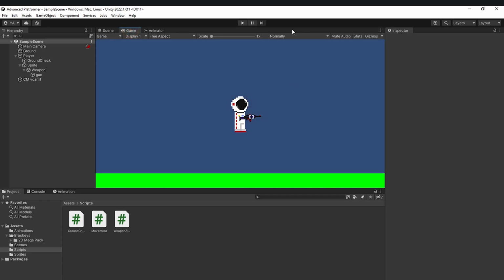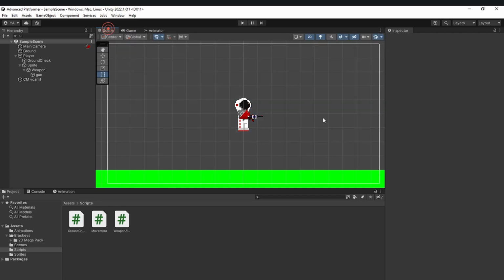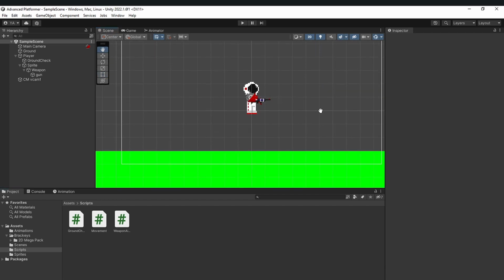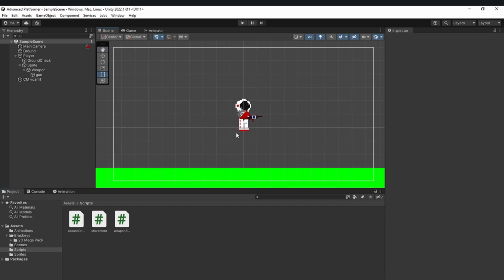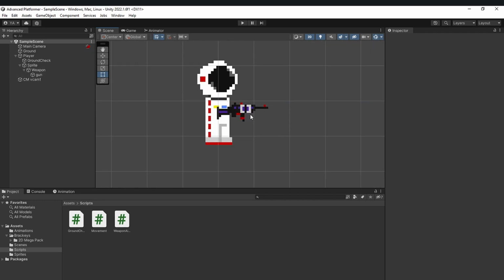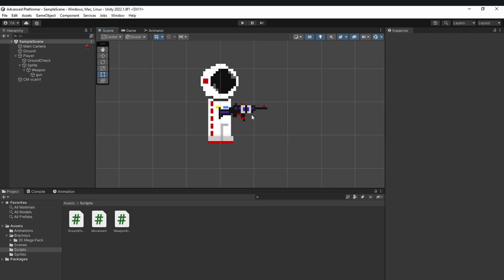And I was originally planning on making a system to make our weapon, the gun, shoot, but I realized that there is really nothing in the scene to shoot at. So first let's go ahead and develop some interactivity, and shooting is something pretty basic. We can implement it later. For now you can see that we have got our gun here, and it seems to be quite nice,